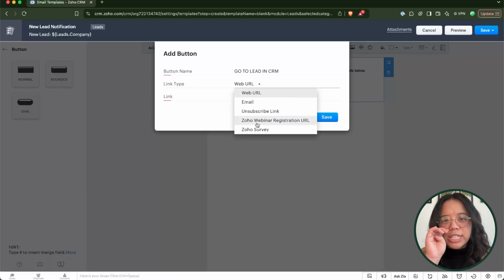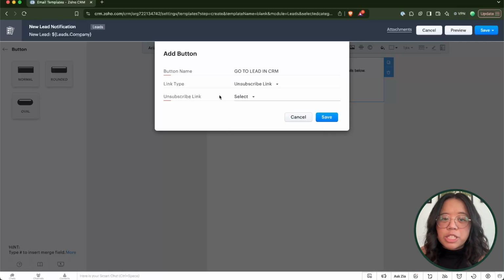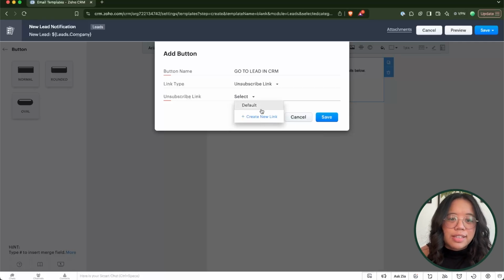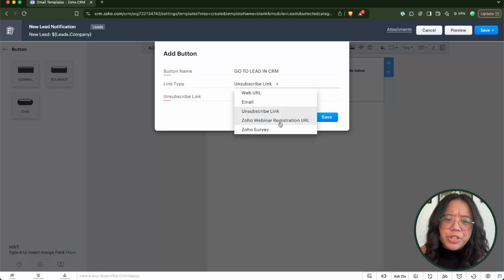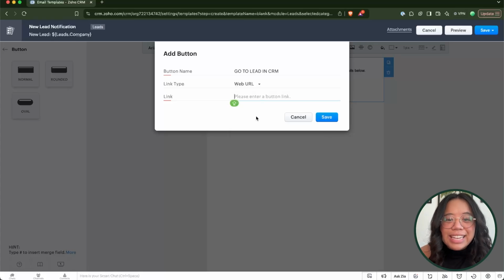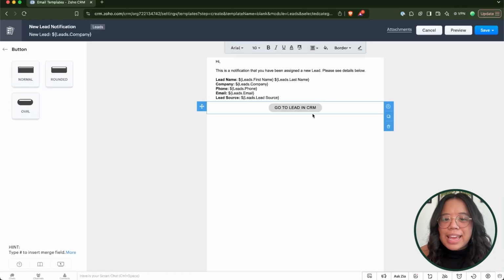We have a few different options as far as how the button component works in the email template builder, so we can have it linked to an email, an unsubscribe link. This option is pretty neat because you will also be able to select the unsubscribe link that you have configured in your CRM. And then we have a Zoho webinar registration URL and Zoho survey. These two are turned on in our demo account because we have those integrations configured. But for this example, I will be selecting web URL. You will need to then enter in the link. For now, I will go ahead and enter in google.com